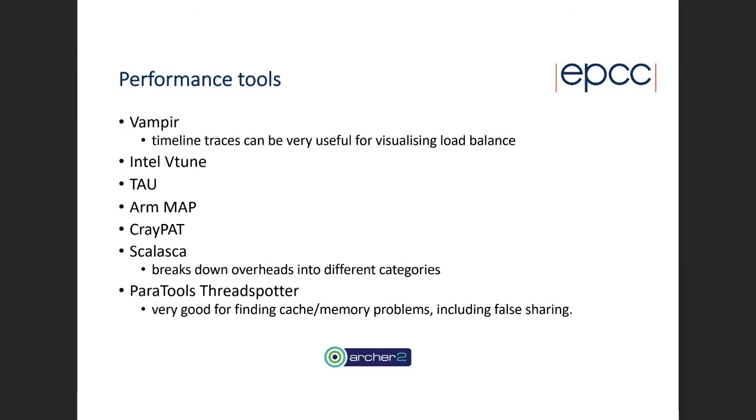There's various tools out there that can help you. Cray obviously does some stuff. I quite like, it's down to personal preference. For OpenMP hybrid codes, I quite like Scholastic's way of breaking down overheads into different categories in the manner that I've done them. But the main problem with these tools is that pretty much none of them will tell